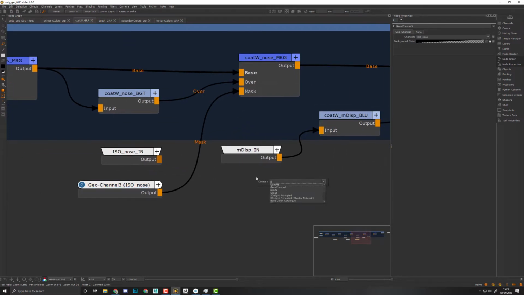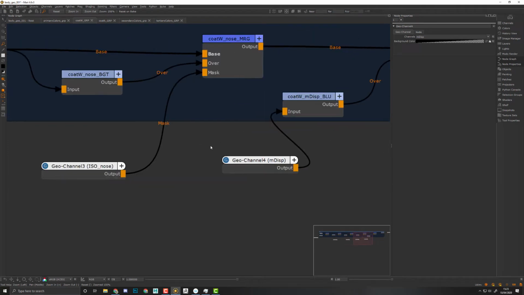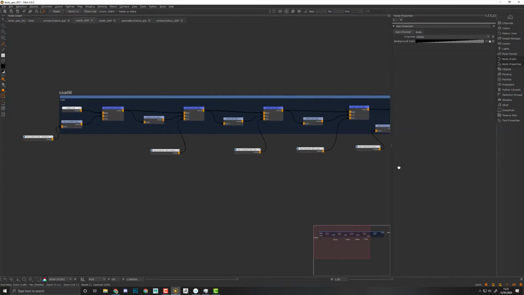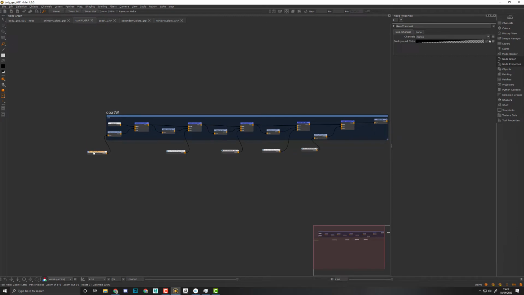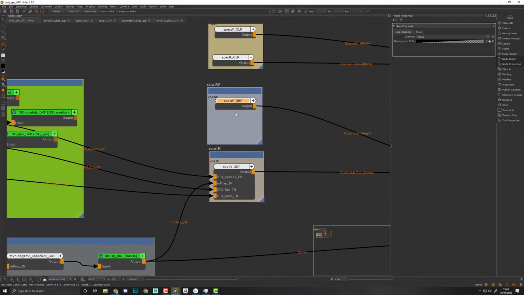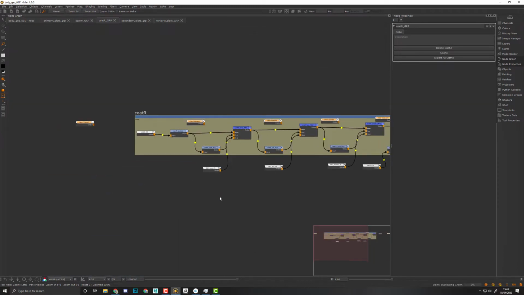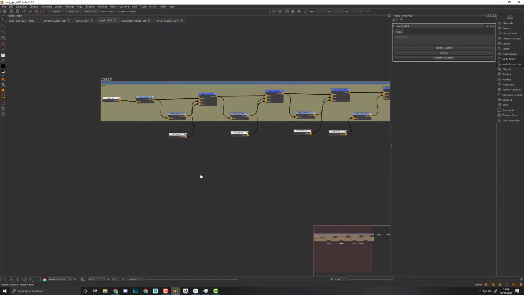And same for the Mari displacements. mdisp, and replace the connection here. And now I can kill these different inputs. And what I will do for the next pass is simply to connect them, to copy them, go back at the main node level, go into my coat roughness, GRP, part that, whoops,